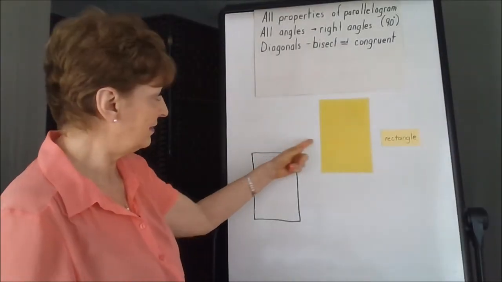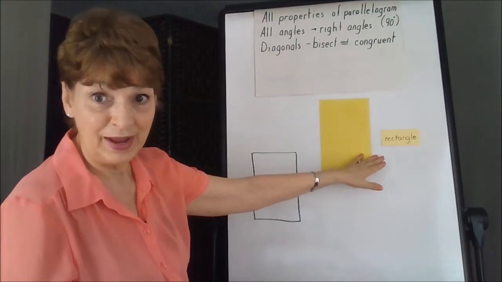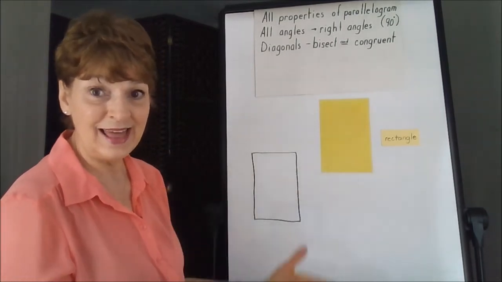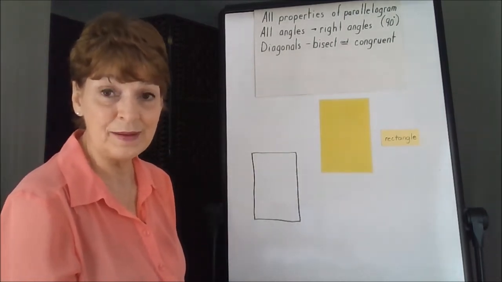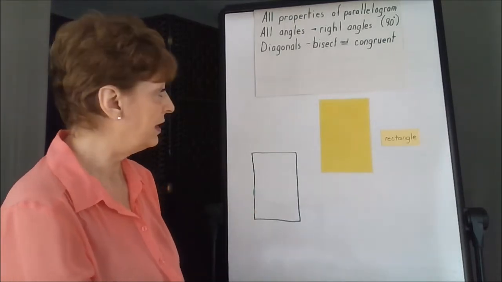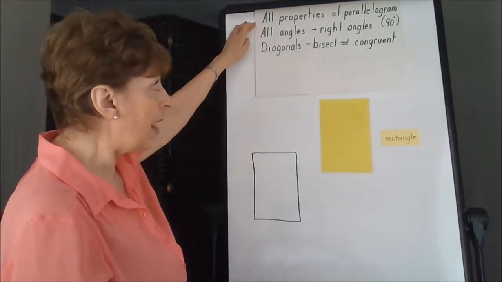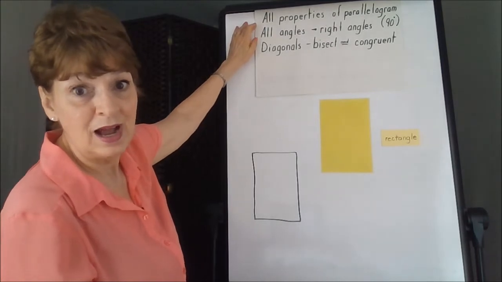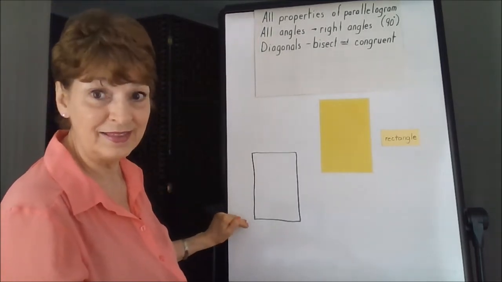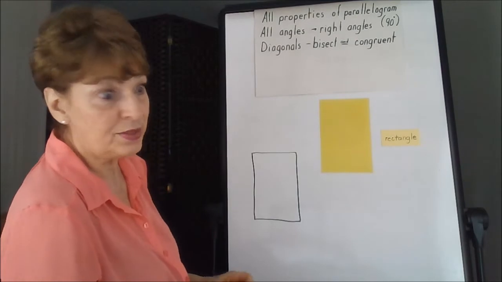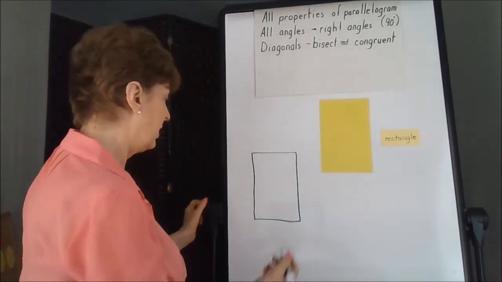Now the rectangle is also a parallelogram. It's in that quadrilateral parallelogram category. So all of the properties of the parallelogram are shared by the rectangle. Let's go through them. We have